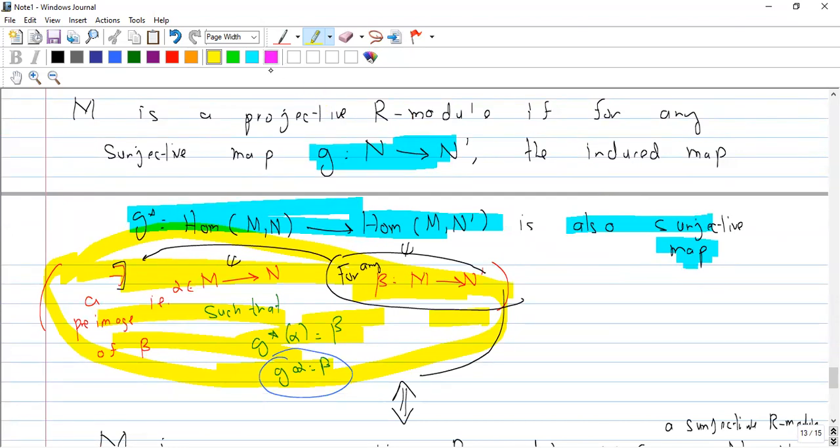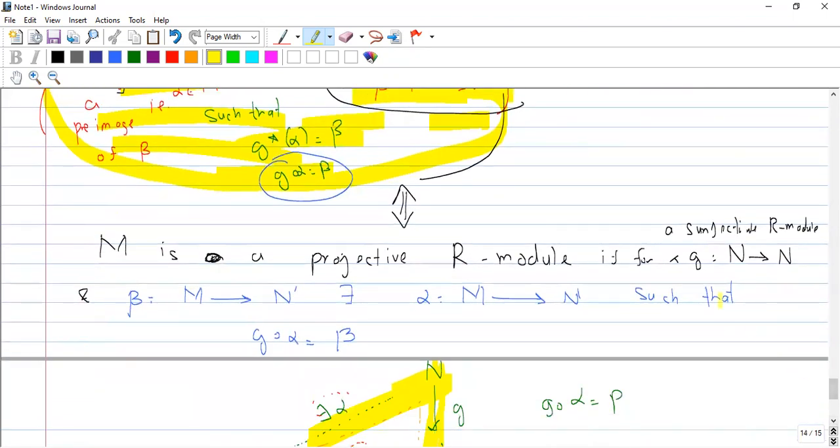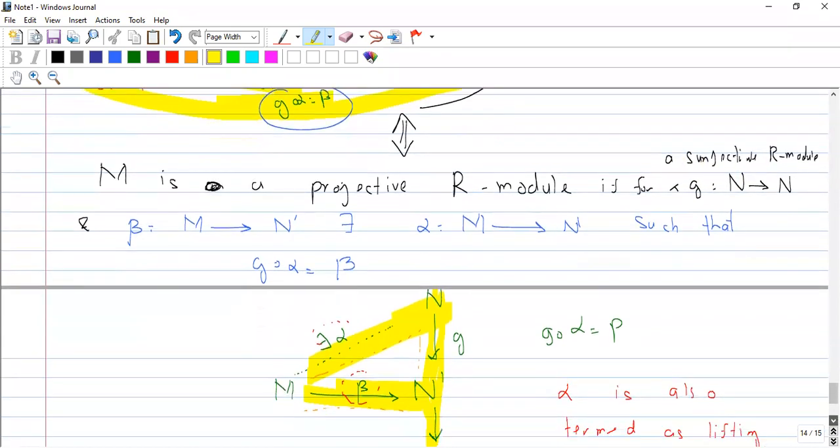Now this is equivalent to saying that an R module M is a projective R module if for any surjective map, the induced map is also a surjective map. And this condition could also be written in this form: M is a projective R module if, for a surjective R module map G, which is here,